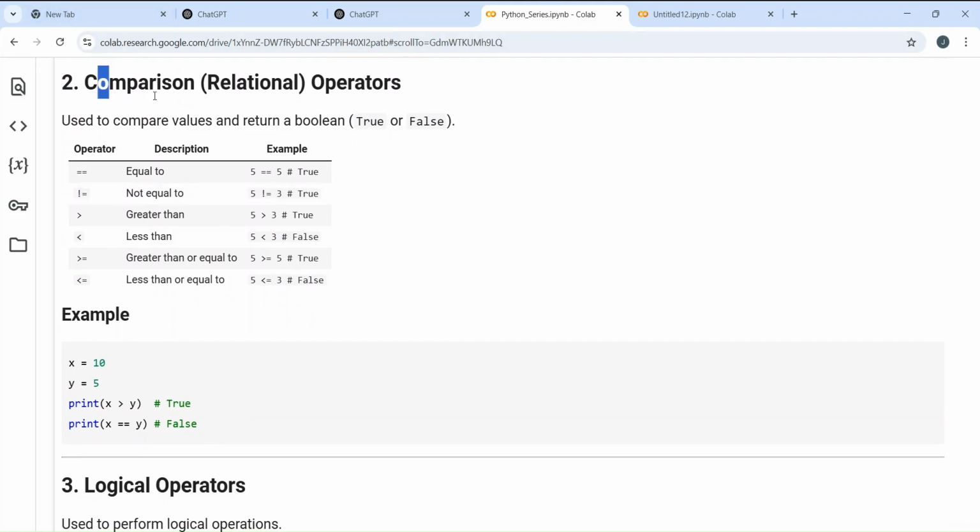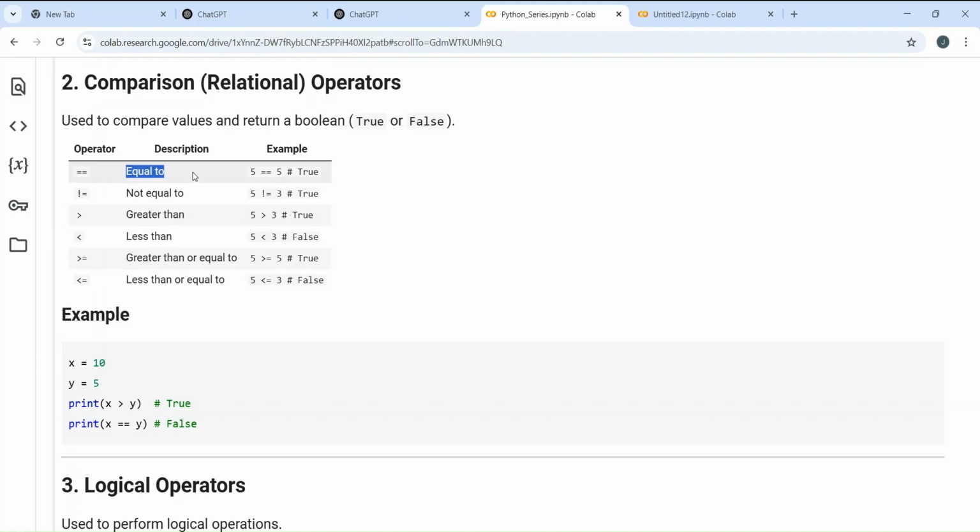Next comes the comparison operator. See, in maths, what all comparison operators do we have? We have only three operators. Whether the number is greater than the other number, or whether the number is lesser than the other number, or whether the number is equal to the other number. Similarly, in Python, we have six operators. So we are just going to play around those three operators only. First thing, what I told, whether the number is greater than the other number. So that is there. Yeah, so one is greater than, one is less than, and one is equal to.